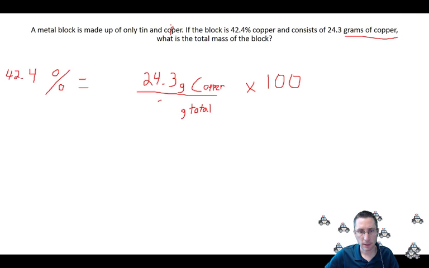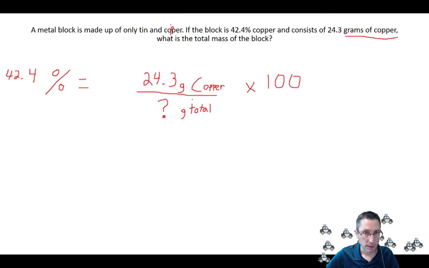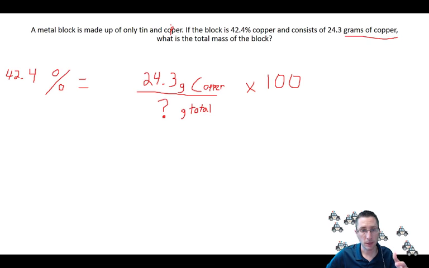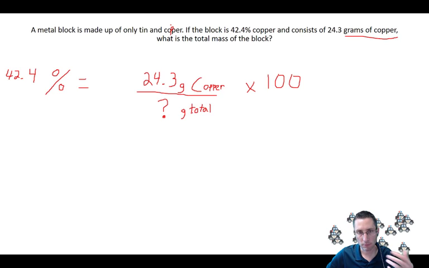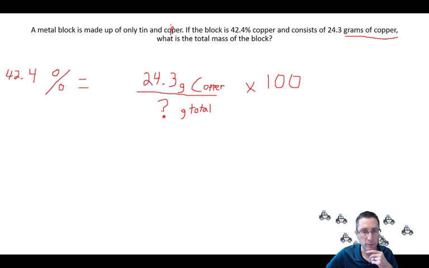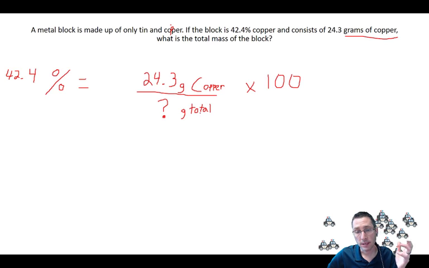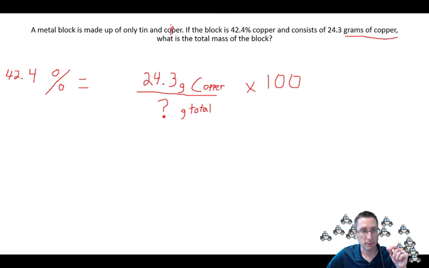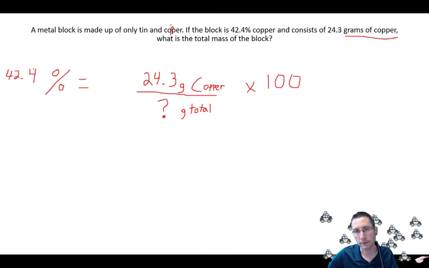Right, and so I clearly have to calculate the total grams of copper. Okay, I'm going to go ahead and give you a cheat here, pro tip. If rearranging this equation looks intimidating to you, because it's just an equation, you use algebra to isolate the question mark and calculate according to basic algebra. But if that's intimidating or you're afraid you're going to mess it up, it's a multiple choice exam here. So pro tip, you can try each of the multiple choice answers in place of the question mark and see if the percentage you calculate out is 42.4%, because one of the answers is correct.